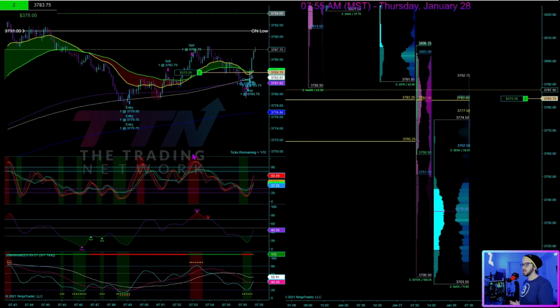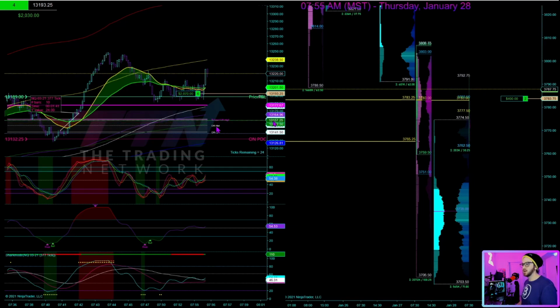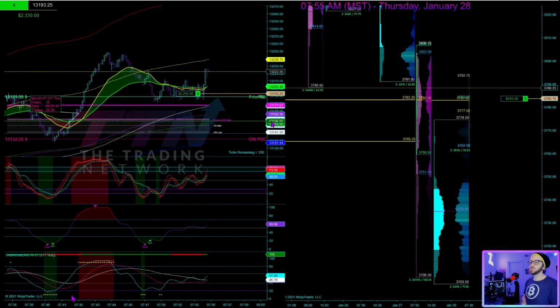So I'll play this. You can see how quickly this plays out, and I actually took this trade on NQ as well. So you can see very, very similar structure on NQ. I flip over to NQ and I show my chart. I've got 4 contracts long on NQ there, and we have not as good of oscillator structure, to be fair, but pretty darn good. We are curling, crossing up, showing that the bulls have momentum, and that was a really fierce move, so you can watch me pull contracts off really quickly.